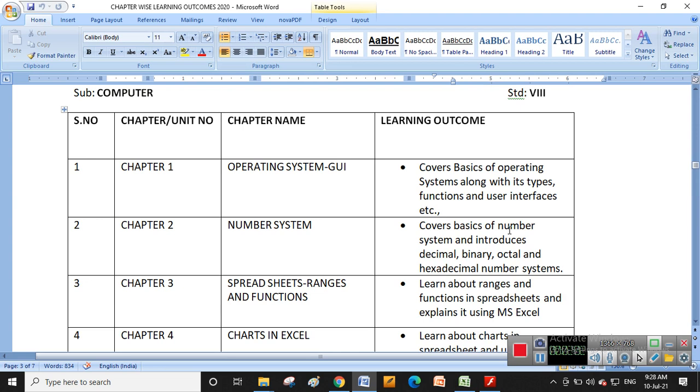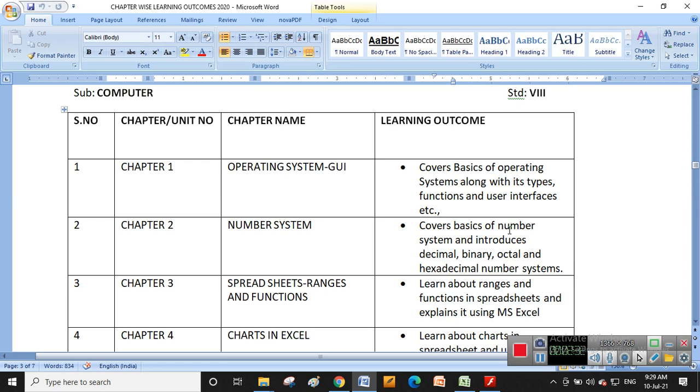If you do not remember, you go to the class 7 Google Classroom or refer to chapter 6. You will get all things. Again, I will give a little introduction to chapter 6, because this is a continuation of that chapter. In class 8, what you are going to learn is a continuation of the spreadsheets, the ranges and functions, and additional or advanced features of the spreadsheets which are hidden inside MS Excel, which are used for general purpose. So that's all about this chapter.